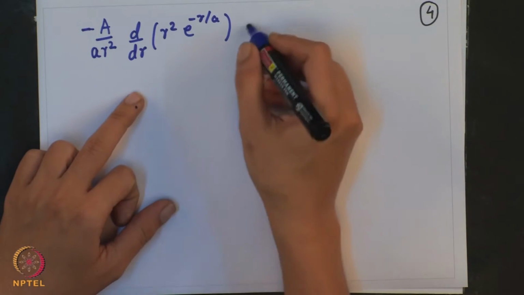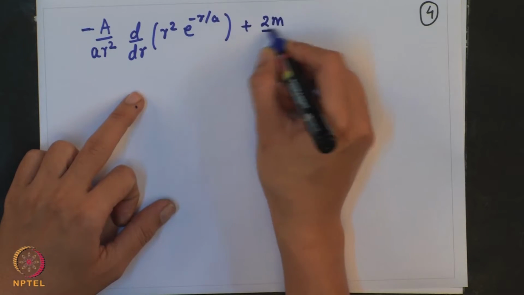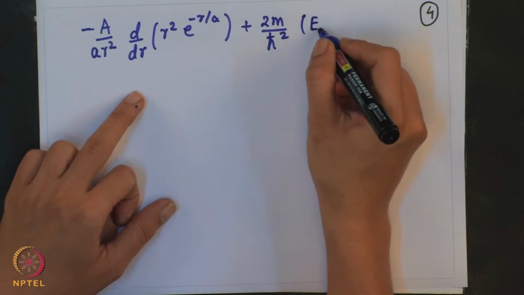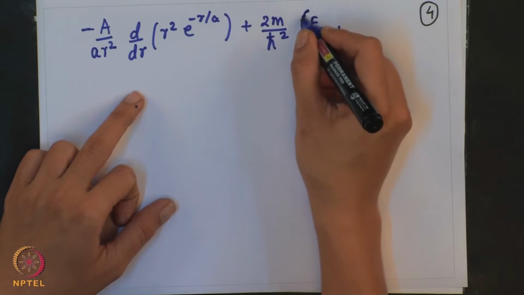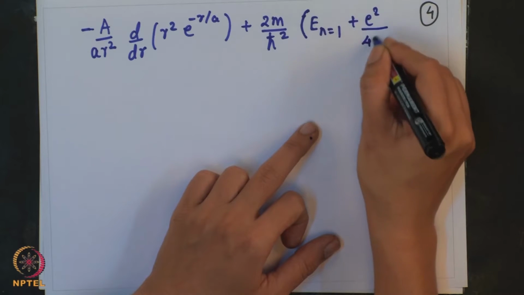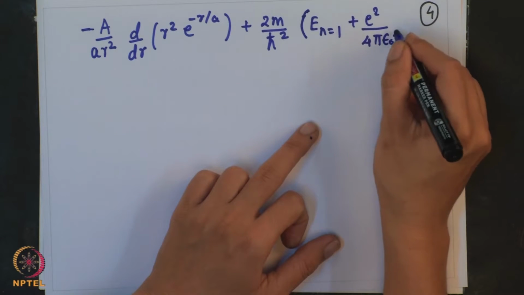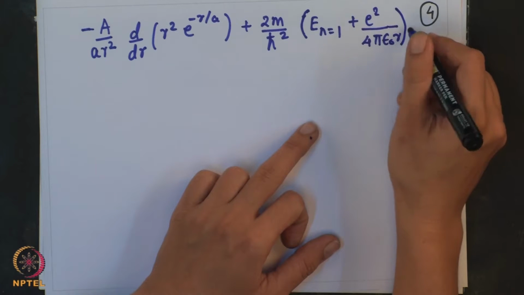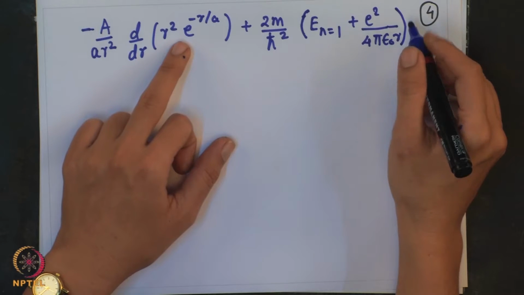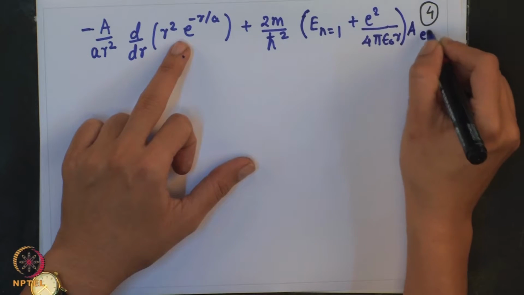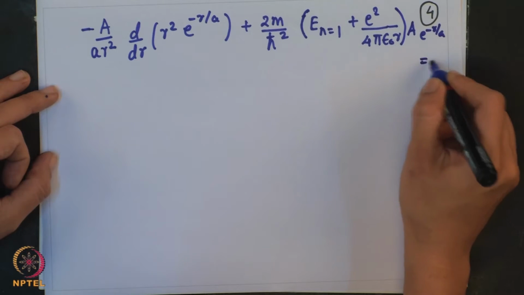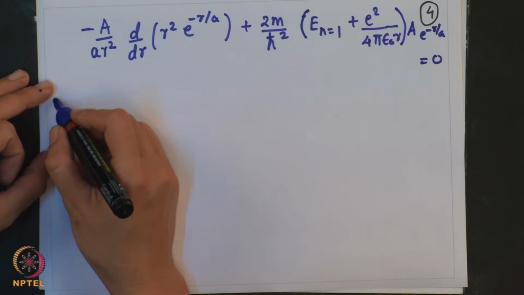So, this we have to evaluate, plus 2 m upon h cross square into E, where E is for the ground state, n is equal to 1, plus E square upon 4 pi epsilon naught r times the wave function. The wave function is nothing but a e raised to minus r by a. So, this will be a e raised to minus r by a. I will write downstairs. This entire thing is equal to 0. So, I have here